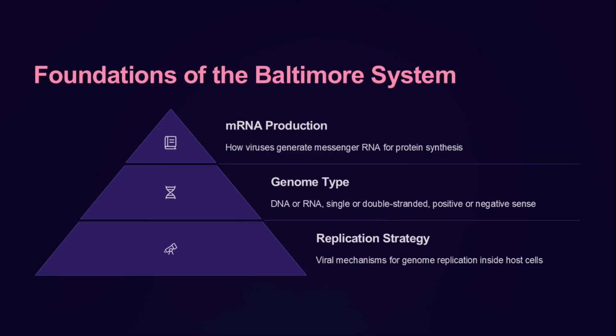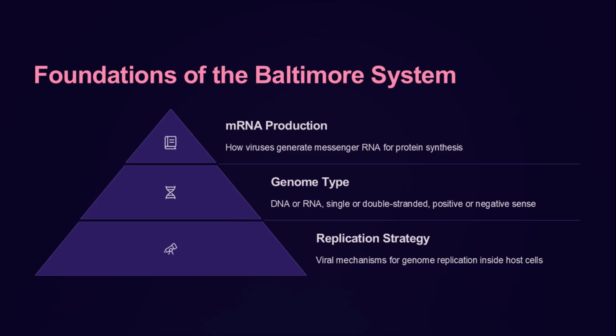Next, genome type: viruses can have DNA or RNA genomes, and these can be single or double-stranded, and positive or negative sense. Finally, replication strategy: viruses use diverse mechanisms to replicate their genomes inside the host, which is a key part of their life cycle. Understanding these foundational concepts will provide important context for the rest of the presentation on the